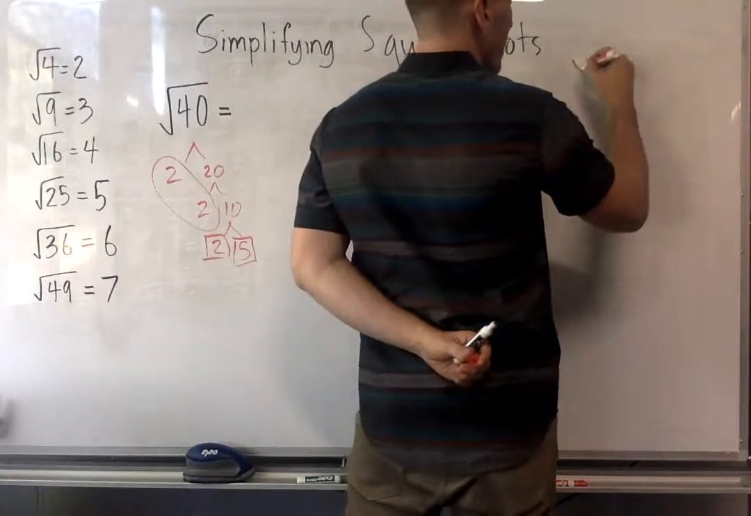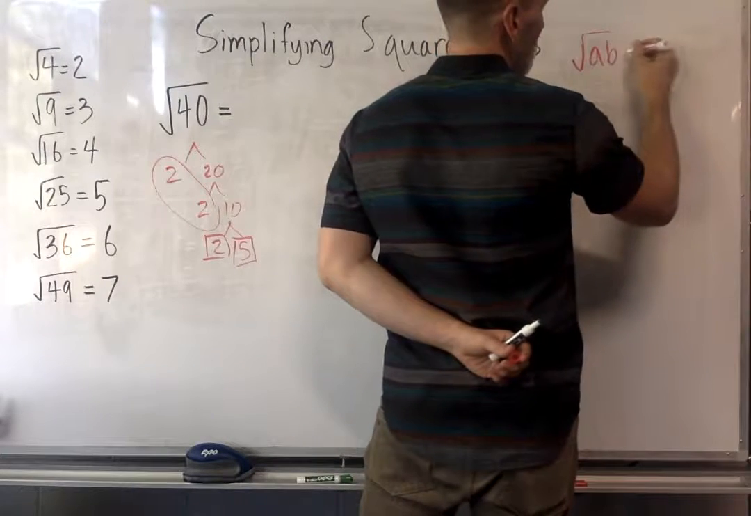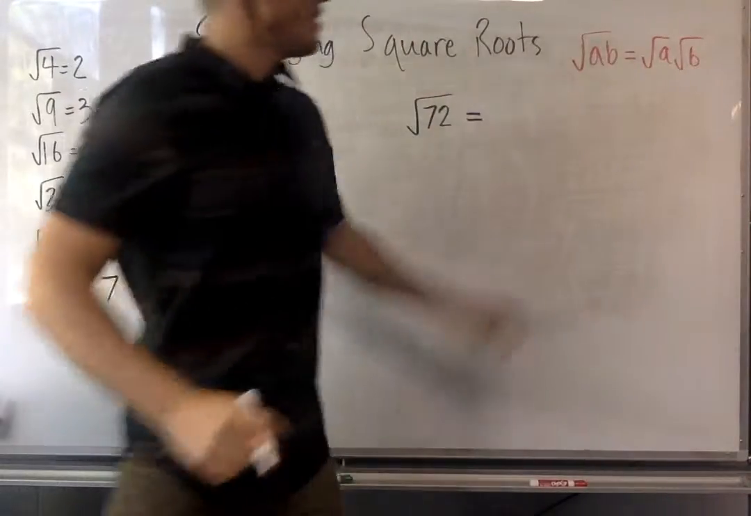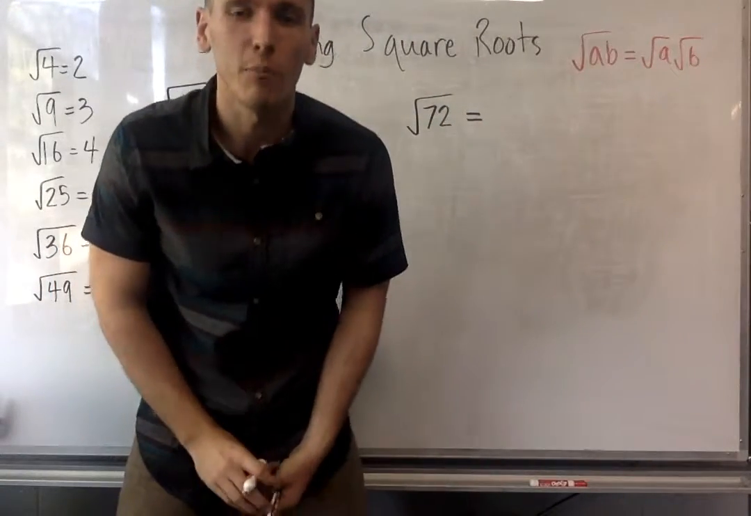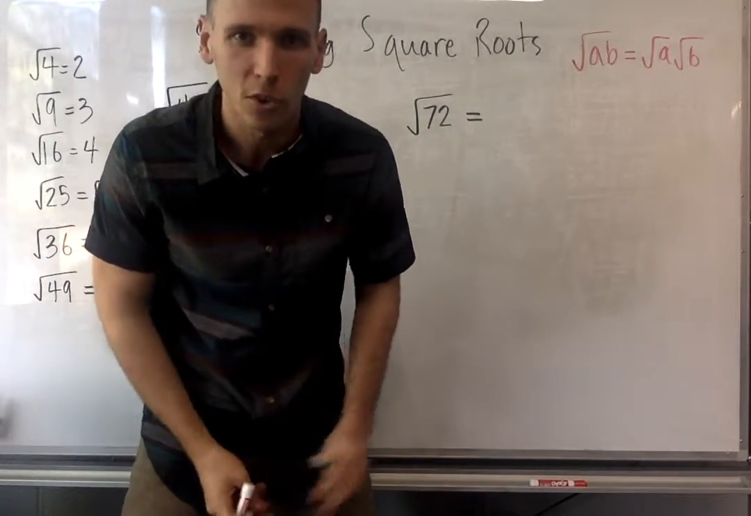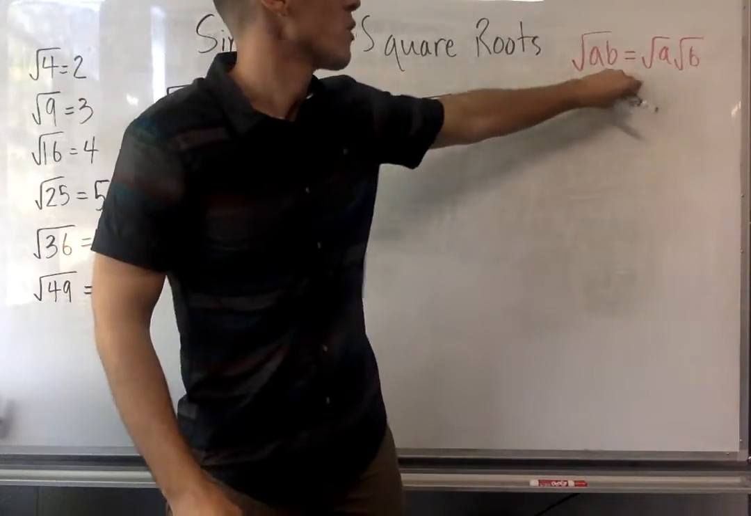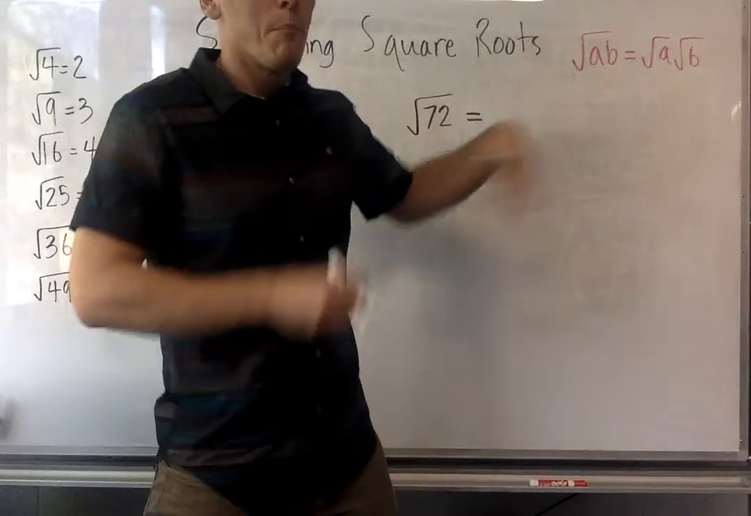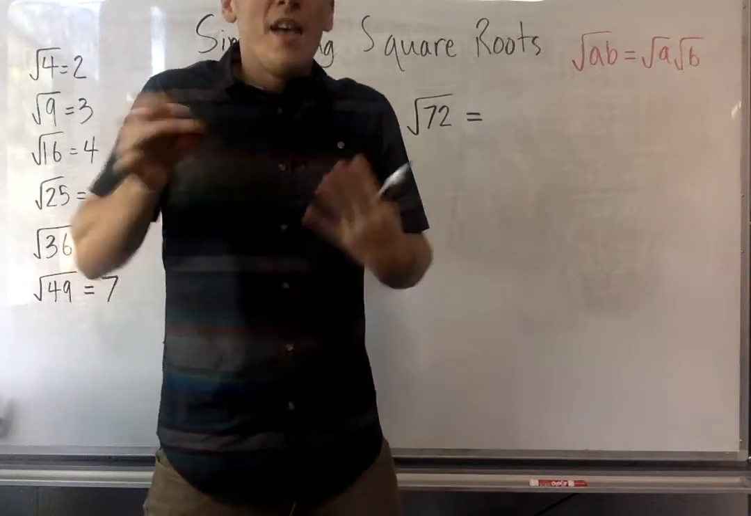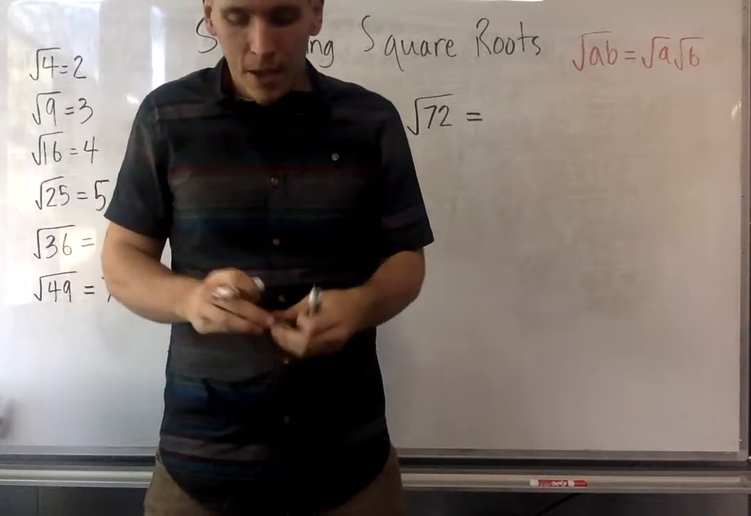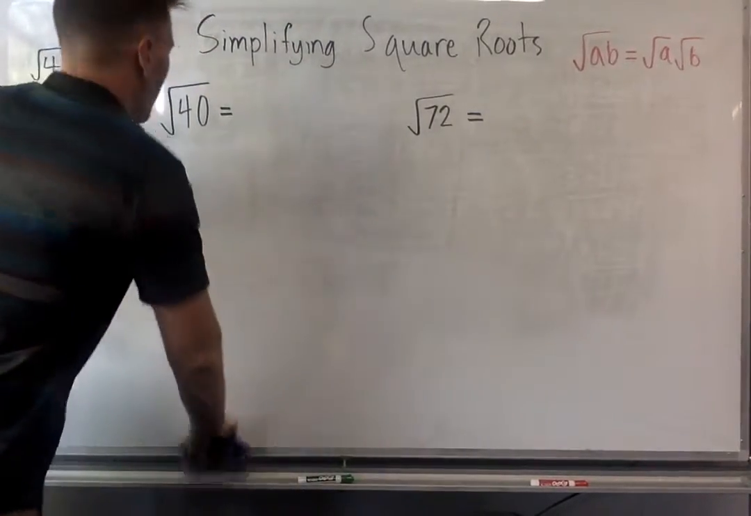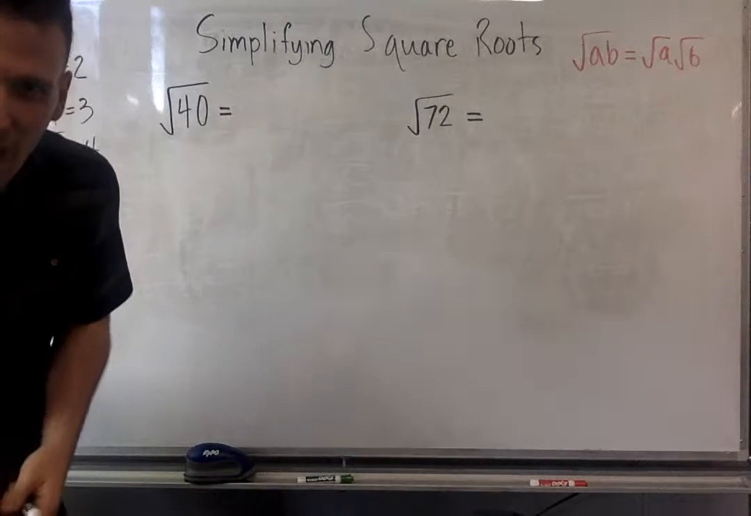This is all based around the idea that the square root of a times b is the same as the square root of a times the square root of b. And this is an important property, and we're going to look at proving it in the next video, but for right now, just roll with me. Square root of ab is the same as square root of a times the square root of b, which means that if I have a square root of some product, some composite number, I can split it up into its component parts. That is really, really cool for this situation, because the square root of 40 has a perfect